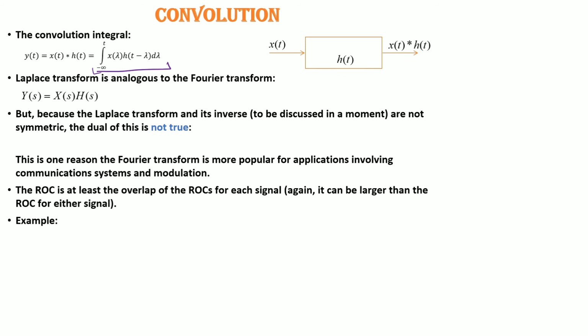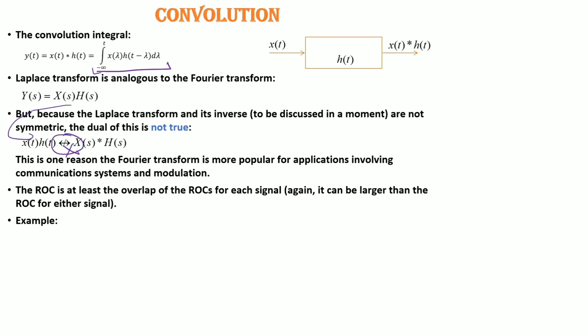So y of s will be the product of x of s and h of s, but because the Laplace transform and its inverse are not symmetric, the dual of this